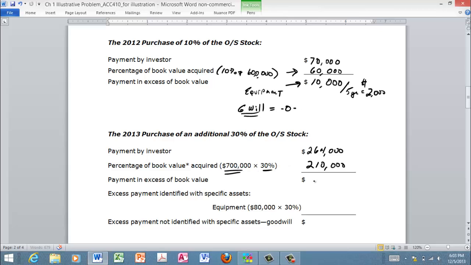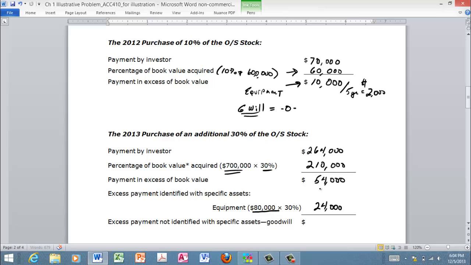Okay, so what's my excess? Simple arithmetic is $54,000. And they did tell me that the equipment at that time was undervalued. In other words, what the net book value of the equipment, the original historical cost minus accumulated depreciation, was $80,000. And I bought a 30% stake in it, so therefore I've got a $24,000